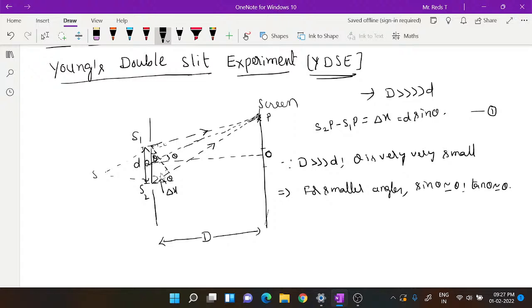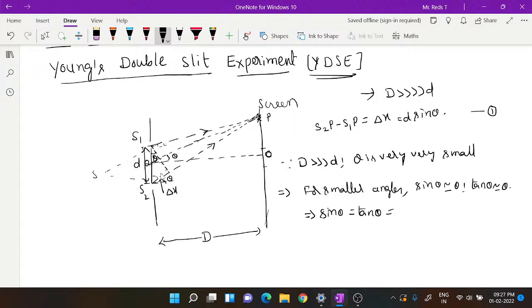So these are approximate trigonometric ratios you have to remember. As sin theta is approximately equal to theta and tan theta is also approximately equal to theta, we can say sin theta is equal to tan theta. And from the symmetry, QPO or OPQ, if you take it as a right angle triangle,